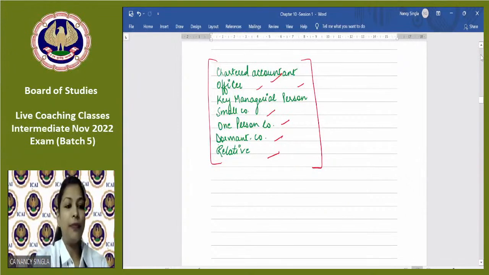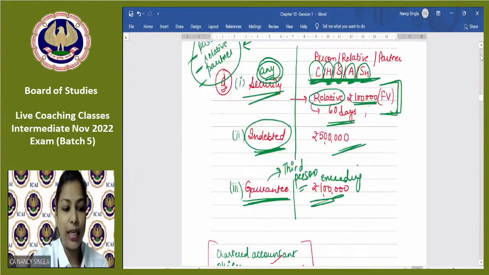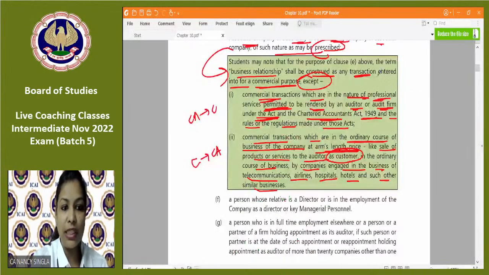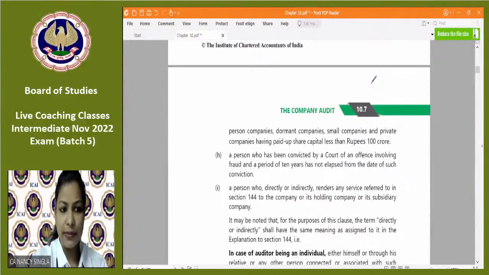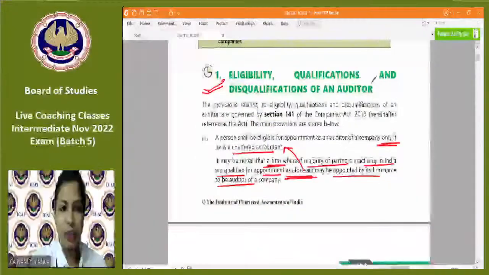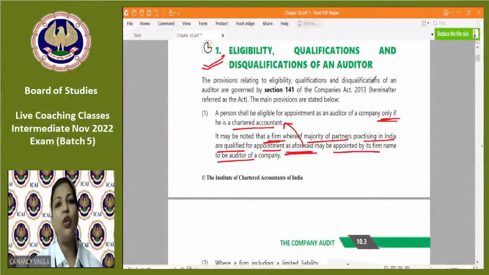So I'll do one thing. Till clause G, let us just quickly have a look at all the clauses, and then we will take a break. And after the break, we will start clause H and I. Okay? So what we have done so far, we started with section 141, which deals with eligibility, qualification, and disqualification of an auditor of a company. So subsection 1 says that a person is eligible only if he's a chartered accountant and a firm where the majority of the partners practicing in India qualified for appointment as aforesaid,